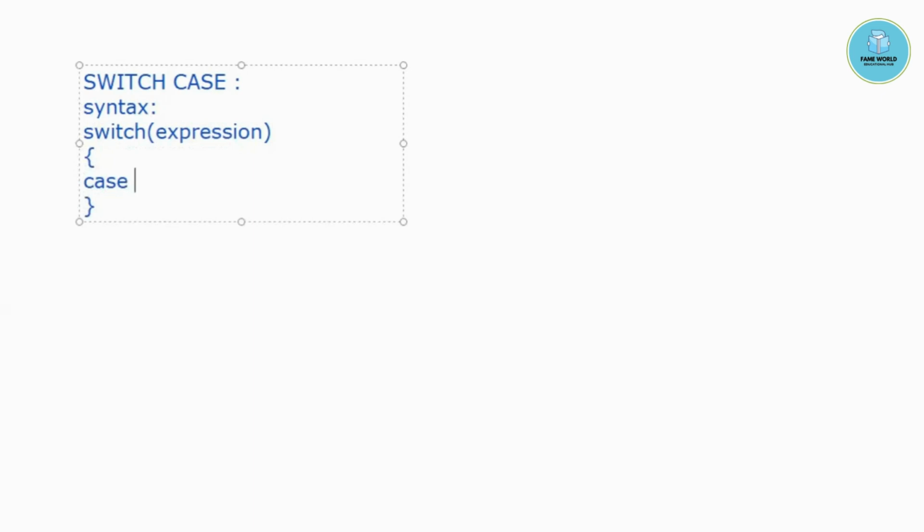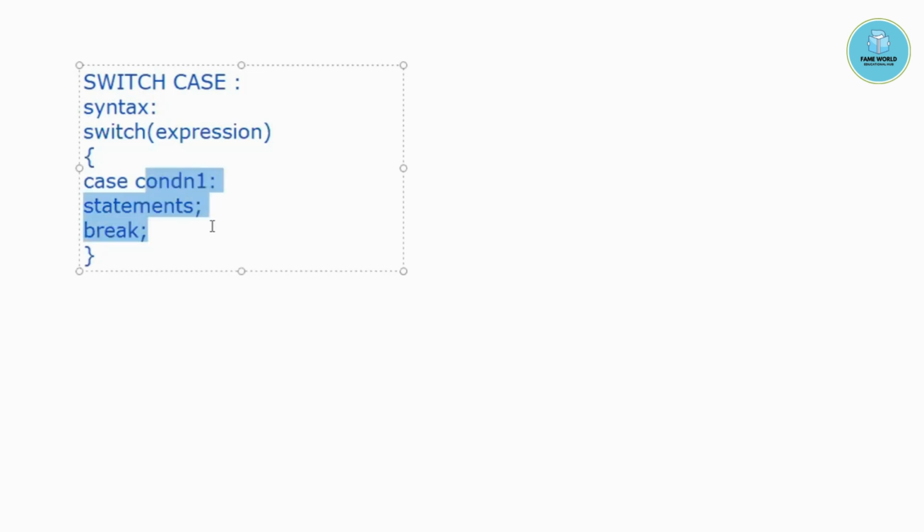Suppose I am giving some case condition 1. So basically case condition 1 I am giving, then we will print the respective statements. Okay, and break. So these are the 3 things which are necessary when we are dealing with switch case. First of all, case condition 1, then statements related to this, then the break. Basically what break is doing, break is switching between the different conditions,